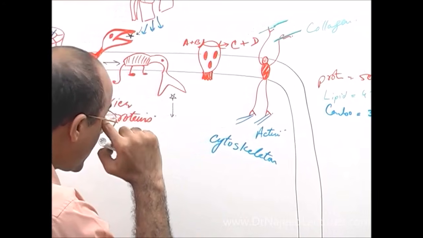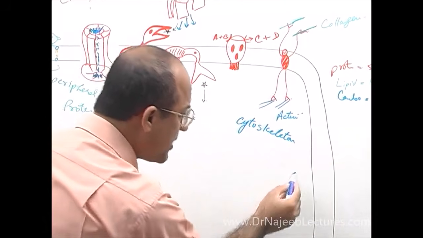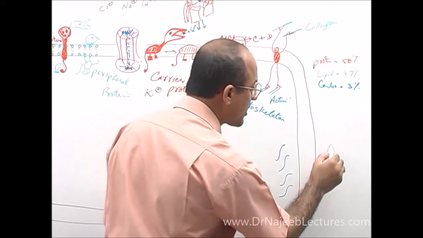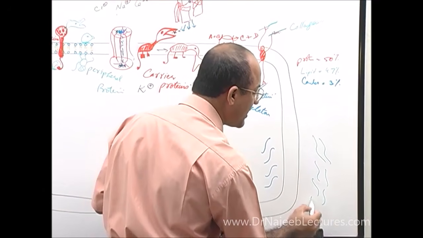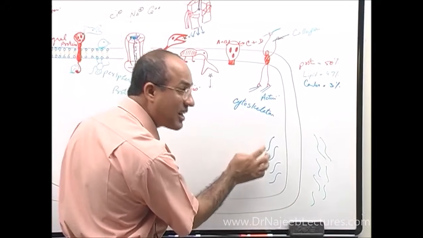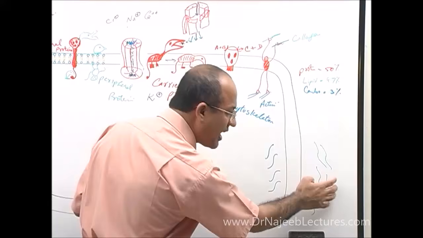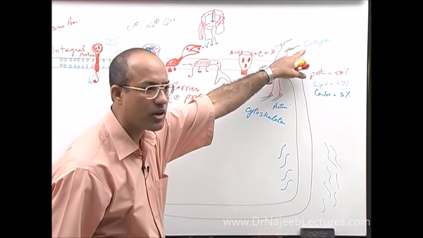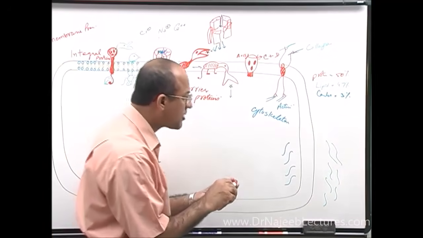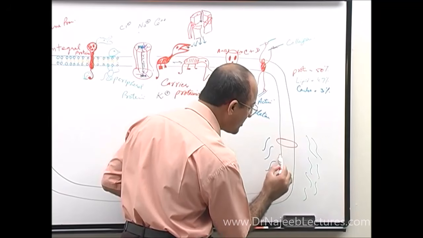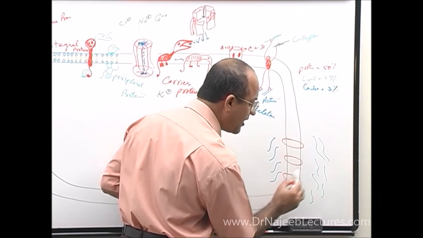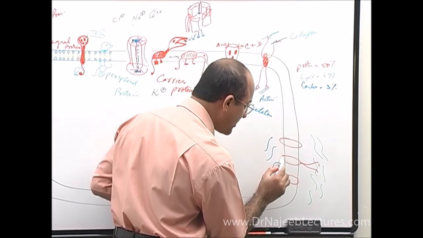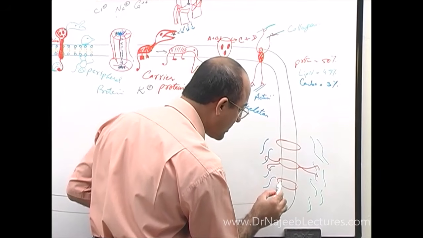So the cell membrane has a cytoskeleton inside. There are many cytoskeleton proteins, and outside there are extracellular collagen and other proteins, right? To stabilize the internal cytoskeleton with the external extracellular matrix, we need some types of proteins which are what? Transmembrane, integral. On one side they can hold the extracellular components, on the other side they should be able to hold the intracellular